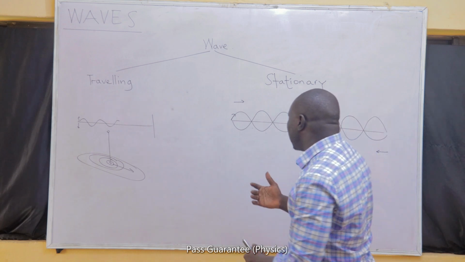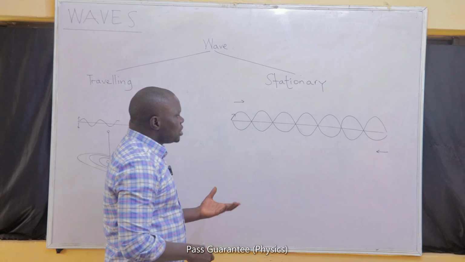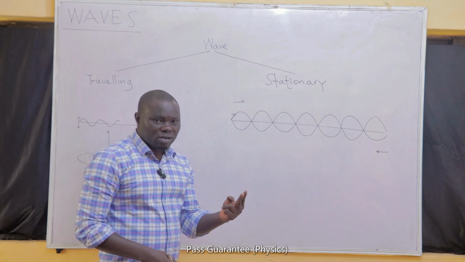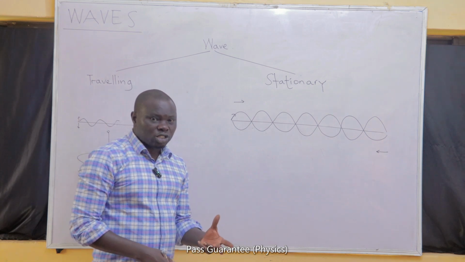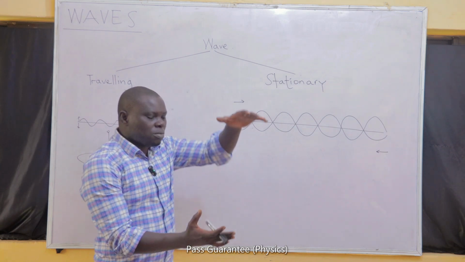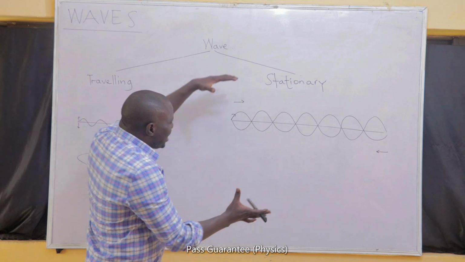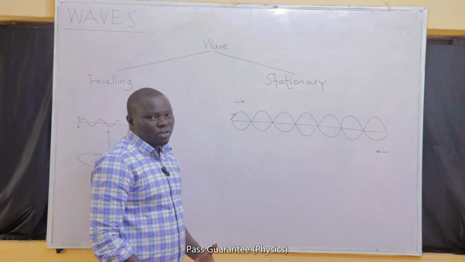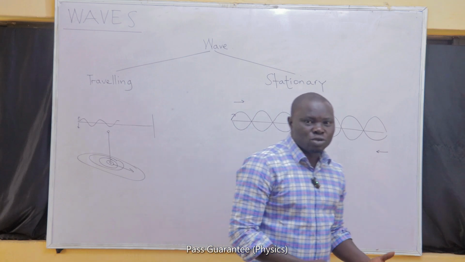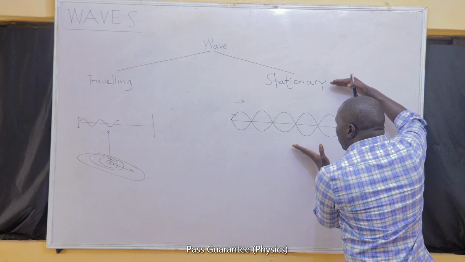And we can generate it. I'm going to talk about how to generate a stationary wave later on. But let me emphasize how a stationary wave is formed and what you need to form it. I said, number one, there must be two waves. They must be moving in opposite direction. They must have the same frequency and amplitude. They must be of the same form. One must not be bigger than the other. One must not be faster or slower than the other. When you bring them together, you will have a stationary wave. So a stationary wave is a wave that is obtained when two waves of equal frequency and amplitude traveling in opposite direction are superposed or combined.